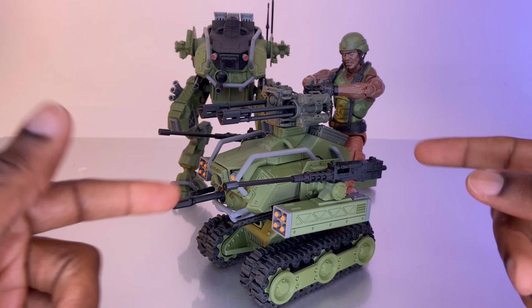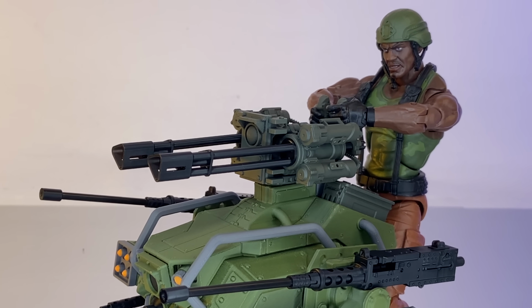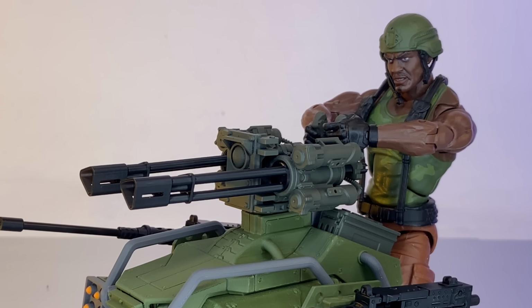Alright Roadblock, I think you're ready. Let's make some room and take this thing out for a spin. Now remember, take it easy. It's not a classified weapon you're handling. It's got some real power, so...